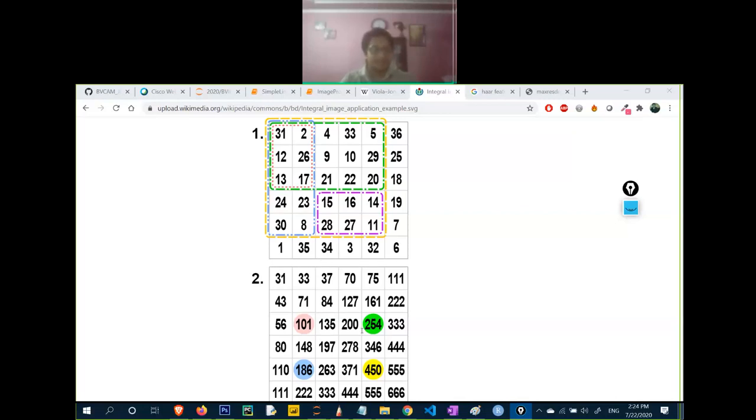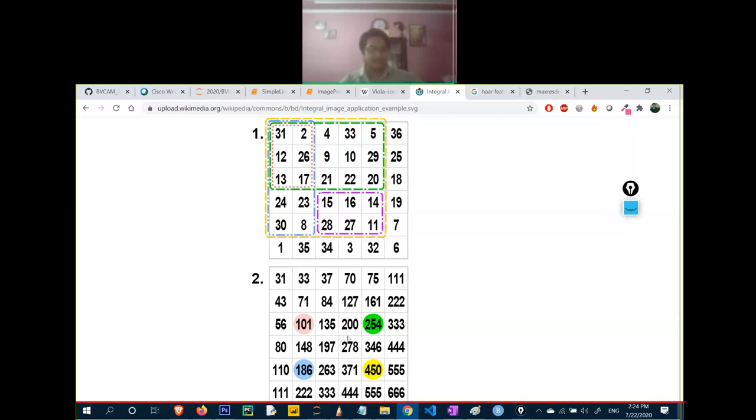Clear, everyone? How is this image made? How are the numbers coming here? It is just summing up all the left and the top values from that particular point. So if we have 200, it will come if I add all these values, not these ones, only the 31, 33, 37, 70, 127. First add these rows, then these rows, then these rows, and add them all, then you will get 200.